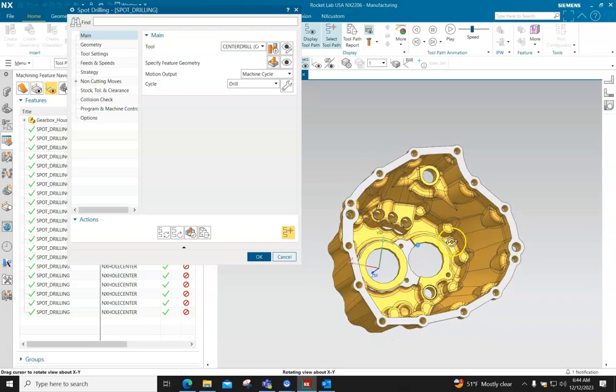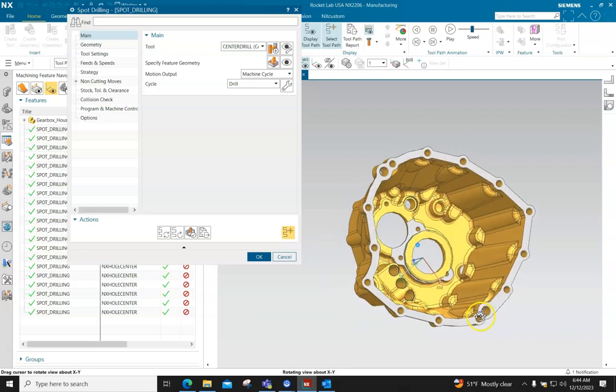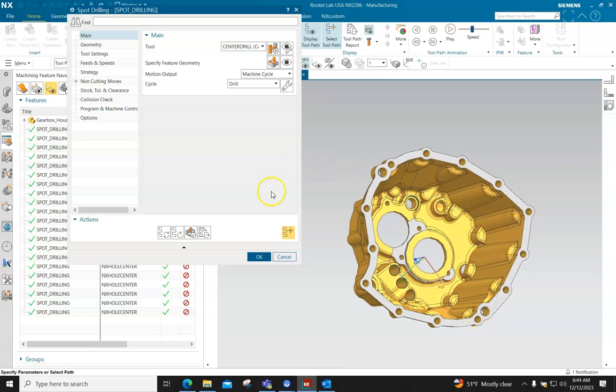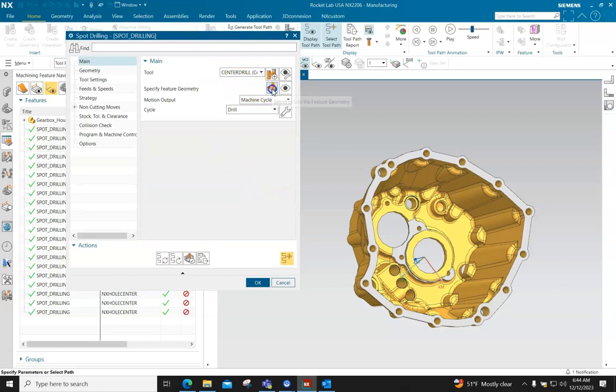Which one is that? Okay, let's see. Yep. So, which means we need to go back here,